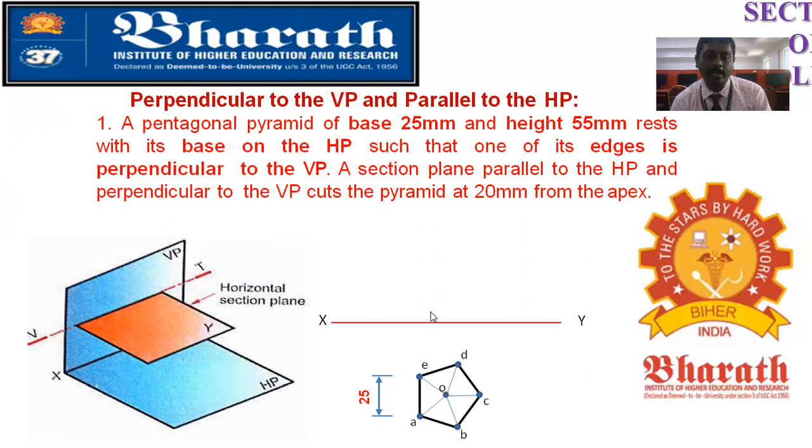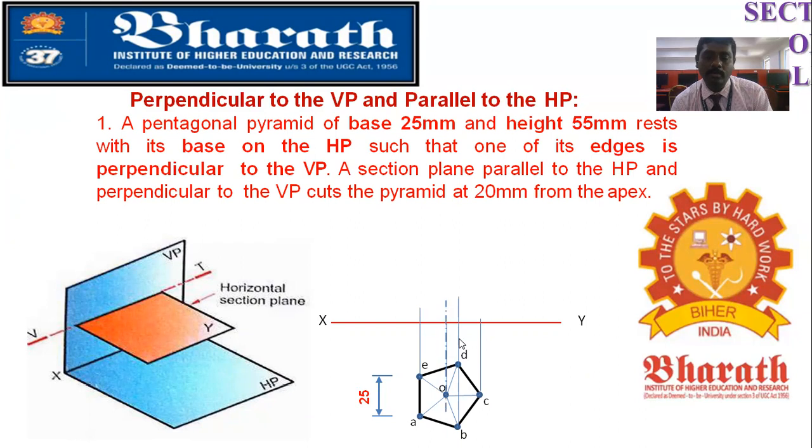Now it is resting on the ground edge. Now you are going to make a front view. So make the projection. So the projection is coming here. So A to E projection is here, and apex will go up to the top. Here the D projection will be here, and C projection is here. B also you have to make projection. The projection from B is going to merge with the reference D.